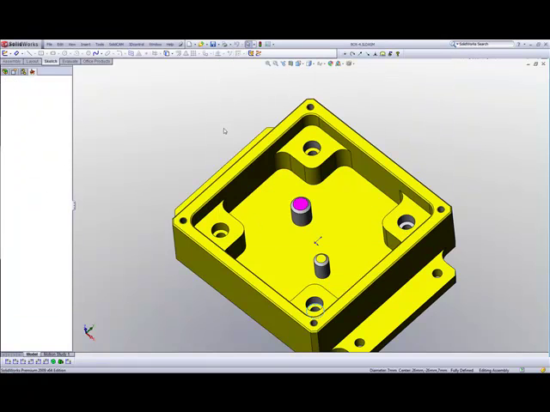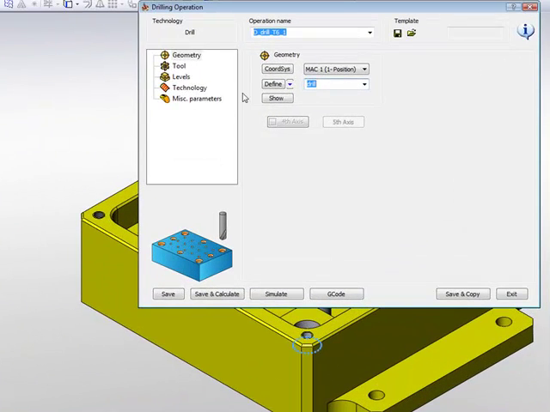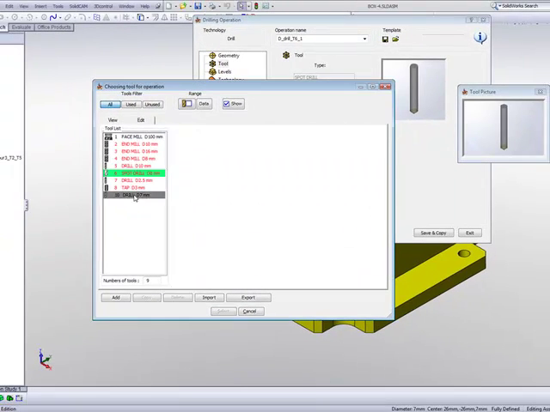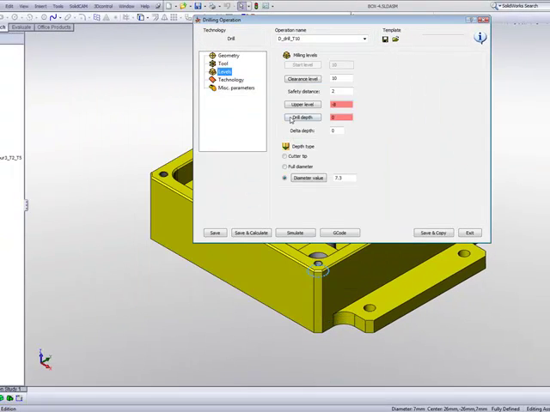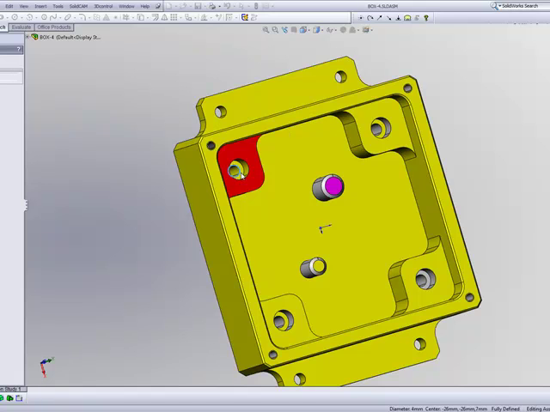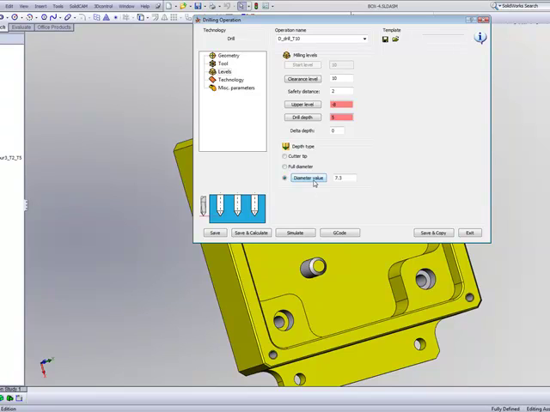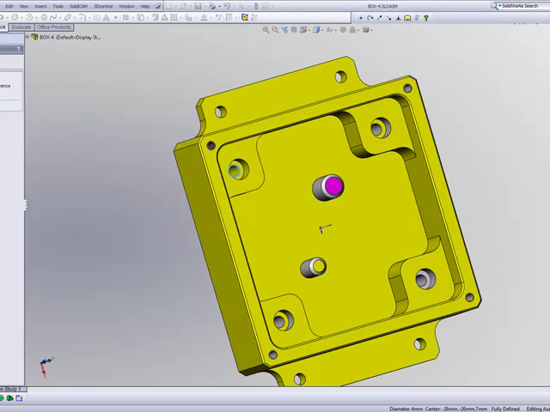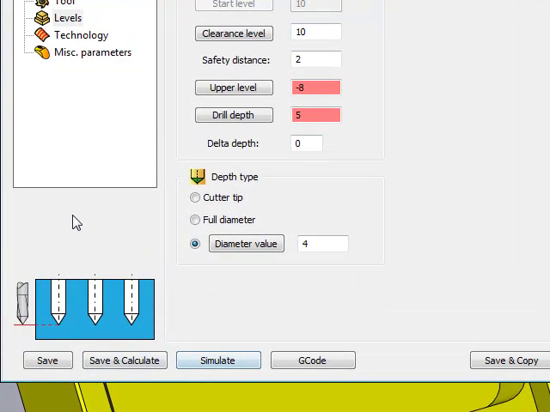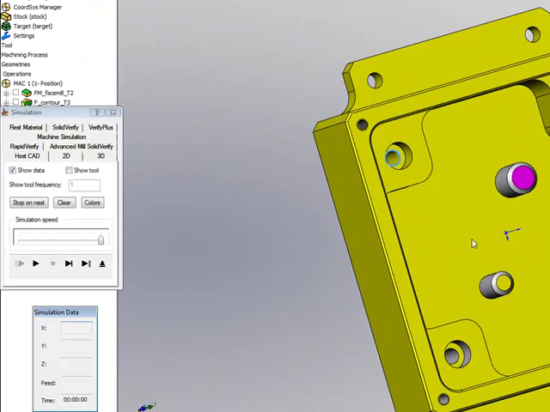I'll change my tool to my 7mm drill simply by going into tool and selecting my 7mm drill. The levels, my upper level will be exactly the way it was before, but my drill depth this time will be up until this surface over here as shown here. And I'll use the diameter value of that circle over there to get the proper value that I need for the next hole. Simply do save and calculate, and now if we take a look at our simulation,